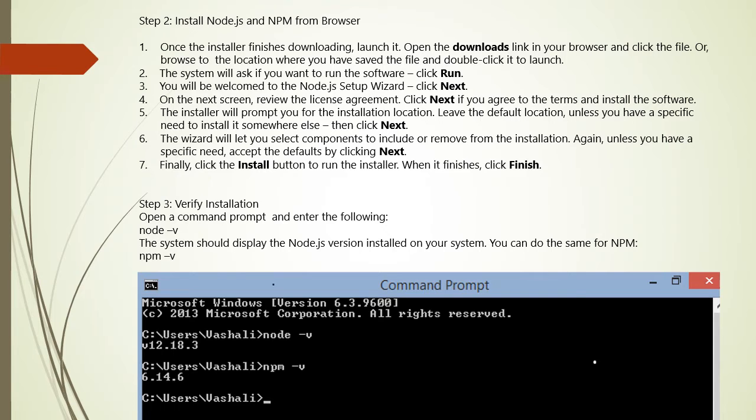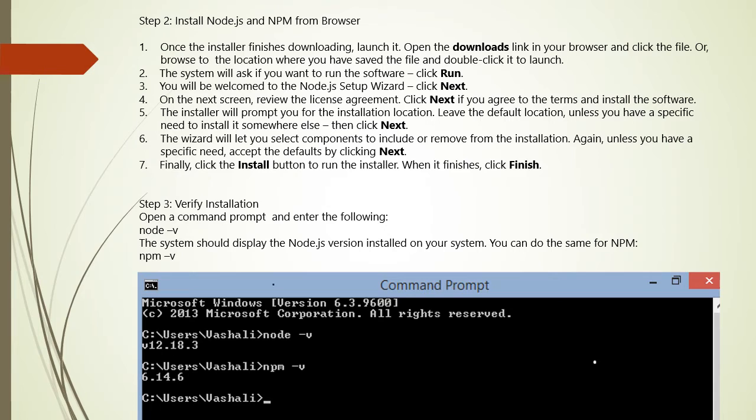The wizard will let you select components to include or remove from the installation. Again, unless you have a specific need, accept the defaults by clicking Next. Finally, click the Install button to run the installer. When it finishes, click Finish.